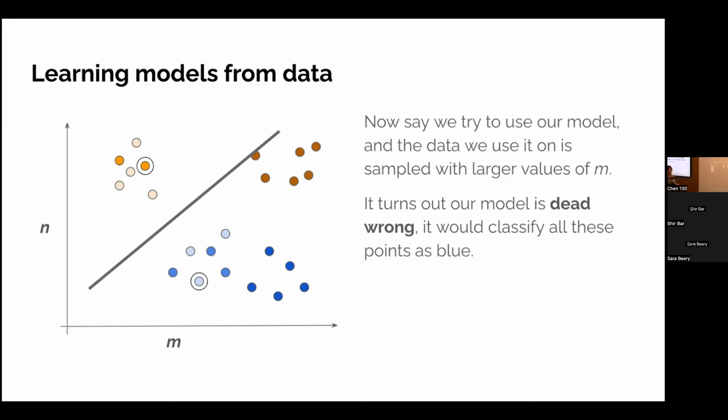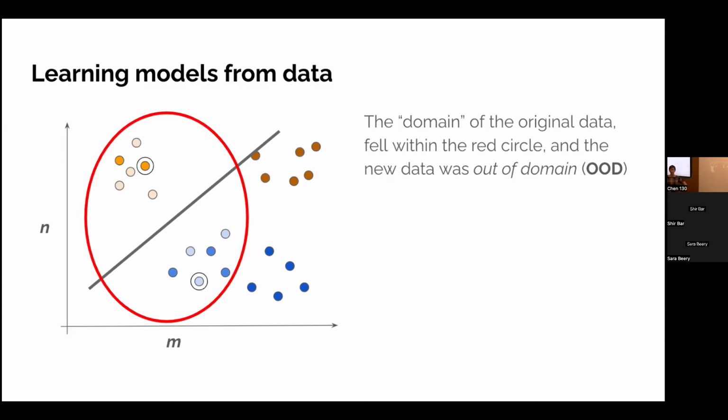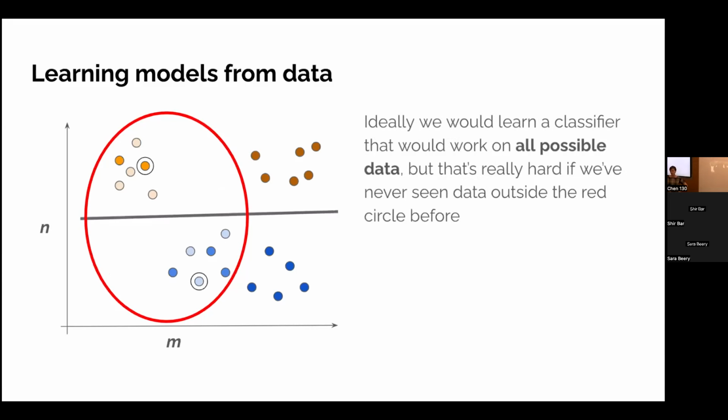And now there may not be any guarantees you can make about the performance of the model now that you've moved out of distribution. So the domain of the original data was within the red circle. This out of domain data is now not properly classified. So ideally, you'd want to learn a general classifier, a classifier that would work on all possible data. But it turns out this is a huge open problem for machine learning, because if you only have some of the sort of data space available to you,